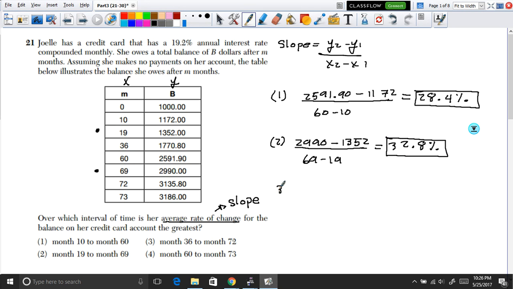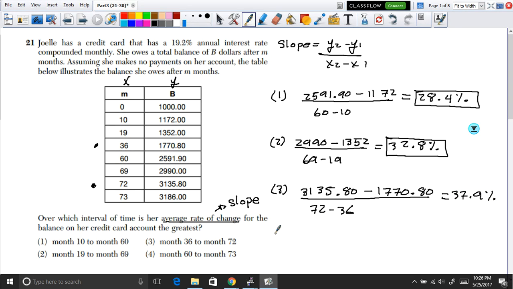All right, so let's do the same now for the third option. The third option is asking you between months 36 and 72. So we're looking at 36, which is right here, and 72, which is right here. So now we use the same formula. We're going to get y2 and y1. So we're going to get 3135.80 minus 1770.80. And this is going to be divided by x2, which is 72, and x1, which is 36. And if you do this in the calculator, you're going to obtain